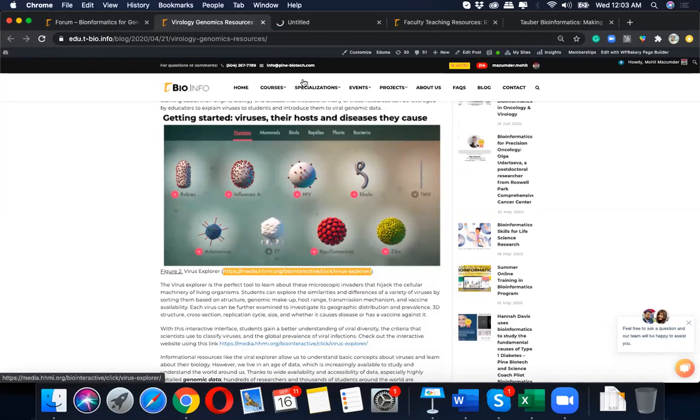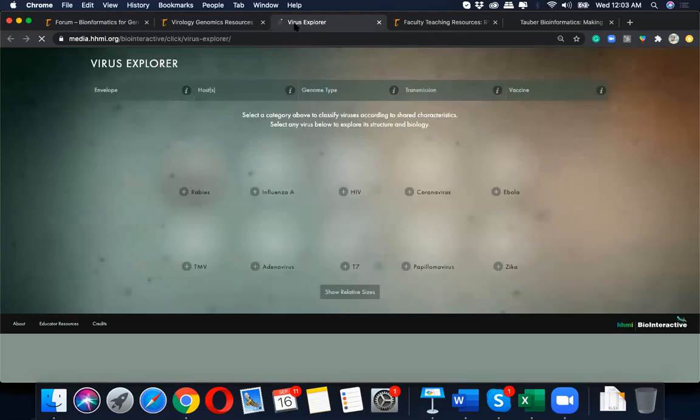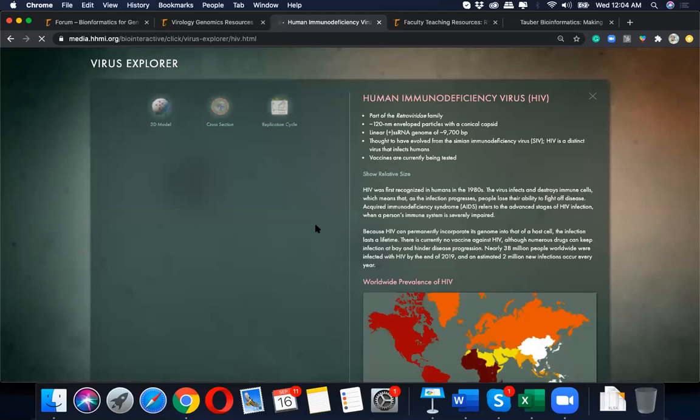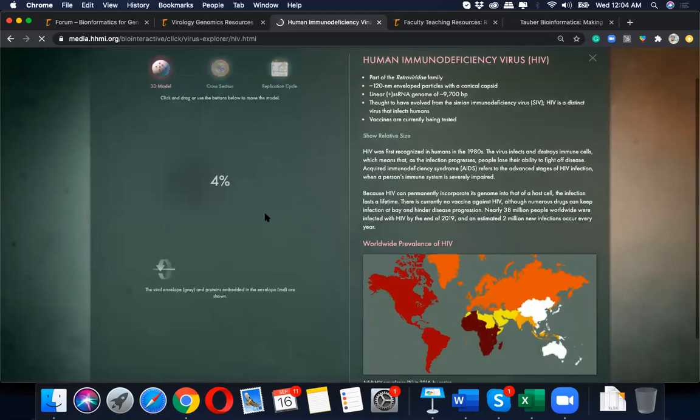So I think I should go and show you. Virus Explorer, it's just for very basic stuff. It was actually meant for kids to learn, but I really like it because there's a lot of information here that you will find about these viruses graphically, and you can play around with the 3D structure.